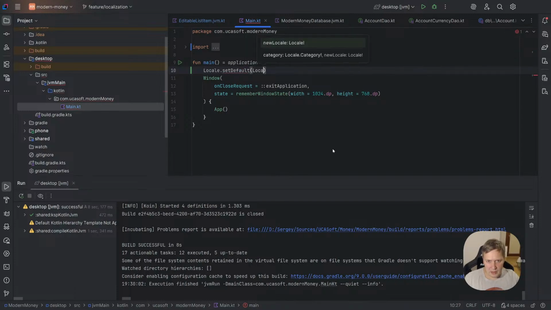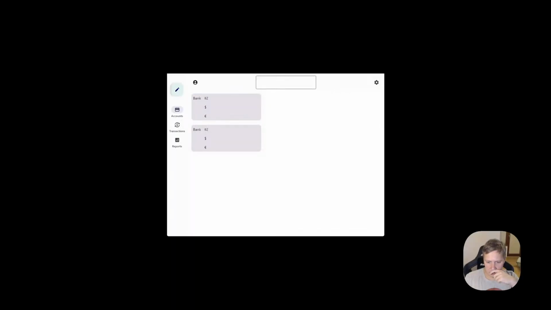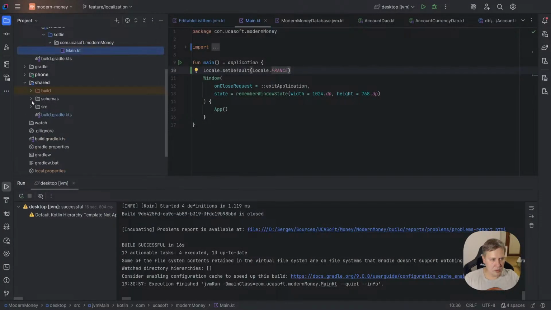Yes, and we can get Locale.FRANCE. Right now, if we run it and finally switch to our desktop application, you should see it. If we right click, we see modifier and supprimer. So it works. So we changed our menu. But let me switch back. We'll see that it will work on